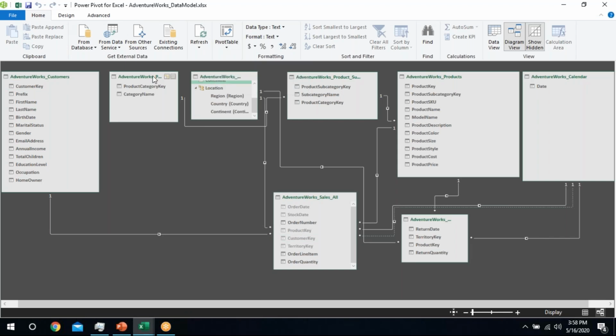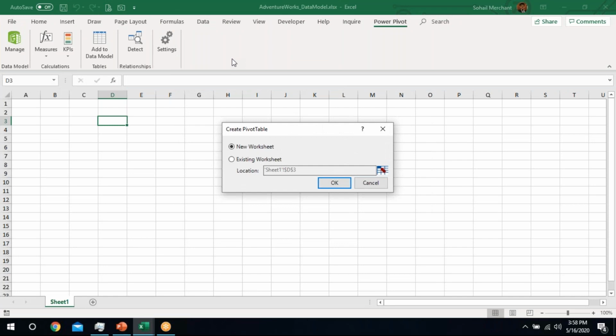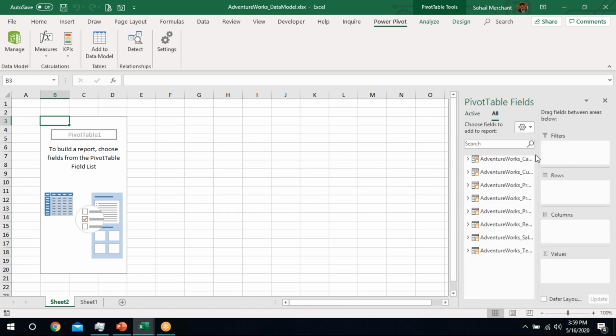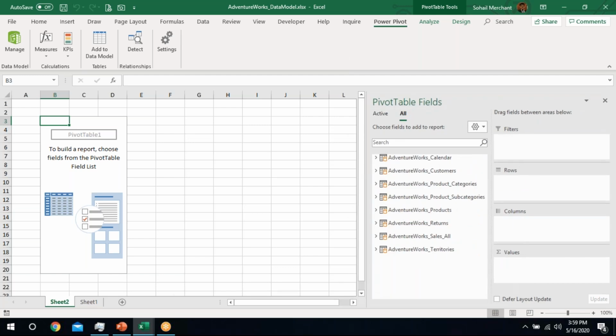For Power Pivot, we are again in the Power Pivot environment, Home tab, PivotTable, and just click on the pivot table. It will ask for a new worksheet or existing worksheet, just like a normal pivot table of Excel. Right. Just changes its layout. Now you can see that all of my AdventureWorks tables, whether dimension or data table, are available in Power Pivot fields, right?